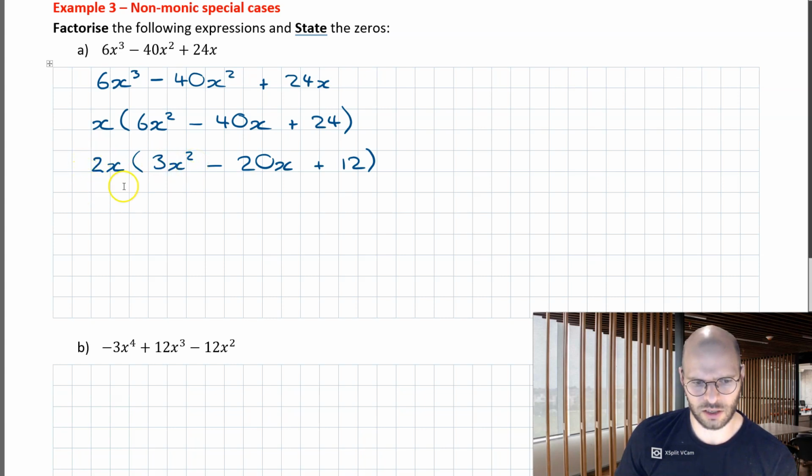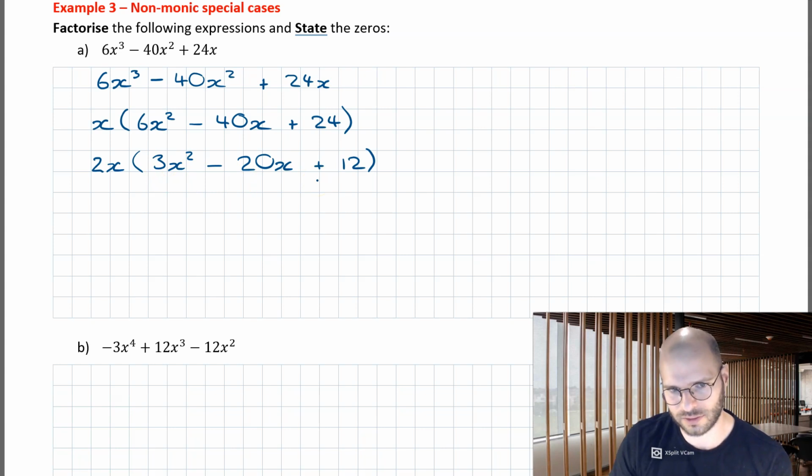We've already got what's outside, that's fine, we can just ignore that, but what we'll do is we'll factorize in the brackets here. Now we have a trinomial expression and it looks like we'll be able to factorize this using the sum and product method. So picking out my product target, it's going to be 3 by 12, which is 36. And the summing target is going to be